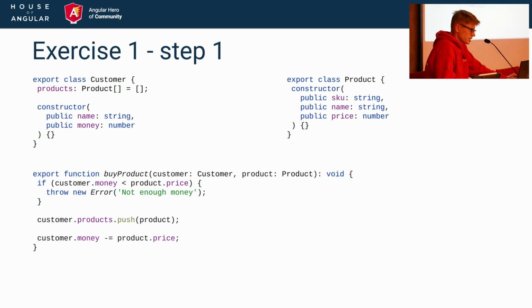So in the first exercise, I will be showing you two simple classes that represent the example that I showed you before. The first class is customer. This customer can have some products. It has the name, the money, and the product itself that has SKU, which is like the product identifier. We have the name of the product and the price of the product. And in not very good